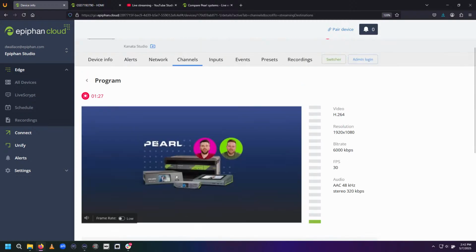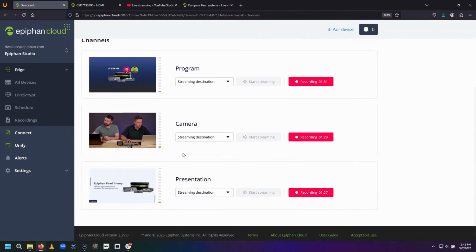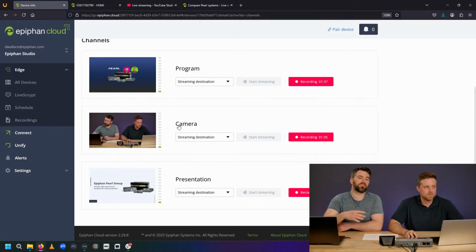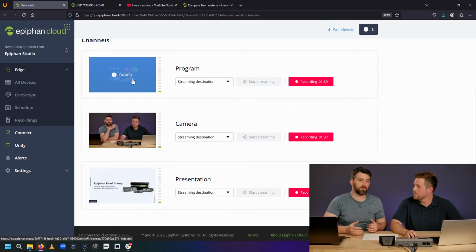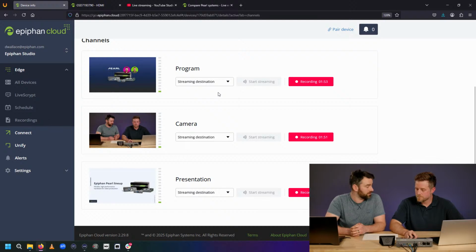So I'm gonna pop back here. Yeah, and I want to mention what Dan means there by anyone on your team. You could have a team full of devices, and let's say an education institution or something like that may have 300, 400 devices. What that means when you add a streaming destination to Edge is you can then move that streaming destination between any one of those devices. So it's a way to easily recycle these streams depending on who's using it.